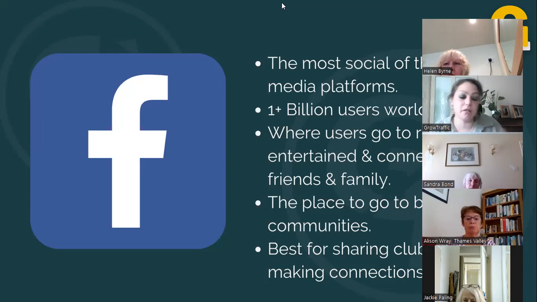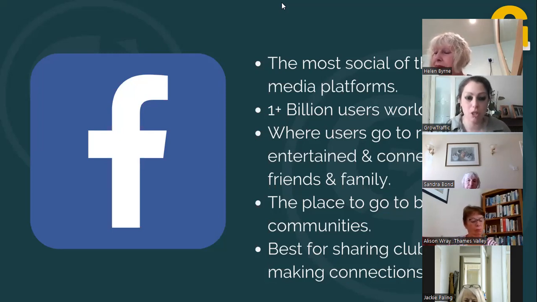In terms of how we use it as Soroptimism, Facebook is the best for sharing club news and for making connections. Anything that you have been doing, mainly from a people point of view, but also from a causes point of view. If you've been doing a program action, hosting a stall on a marketplace, or you've been in Asda swapping books or collecting money, whatever it might be, that's the sort of thing you want to share on Facebook. It's about people, so you're sharing photographs, potentially videos. You're saying, this is what we were doing as Soroptimists.